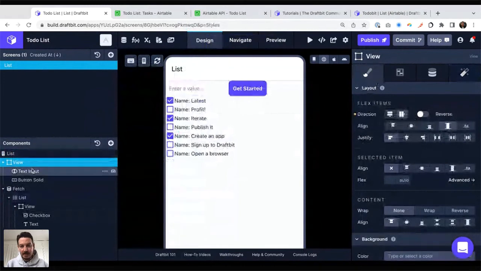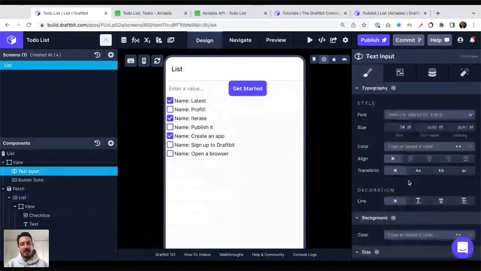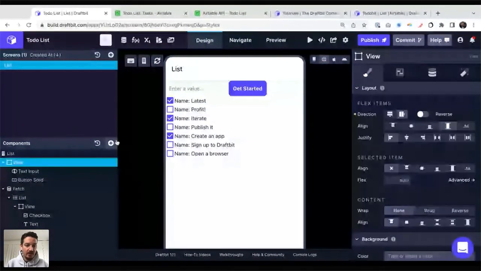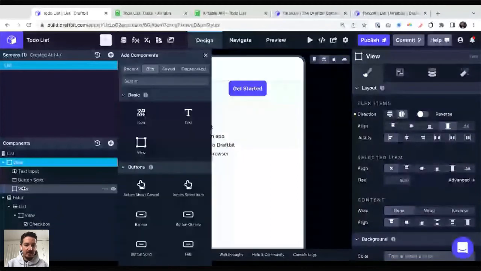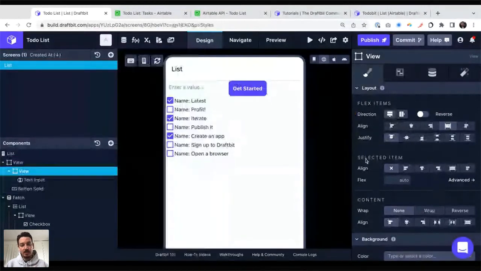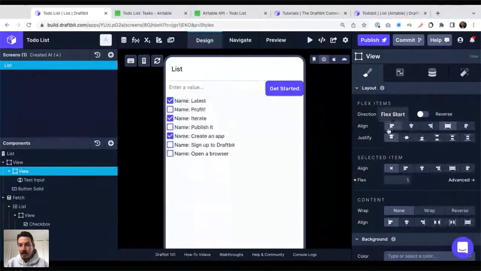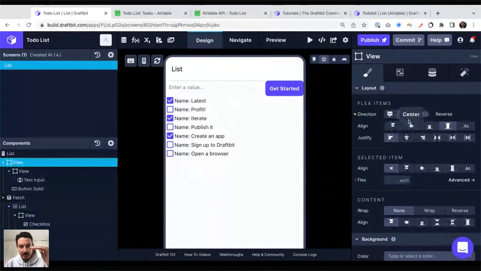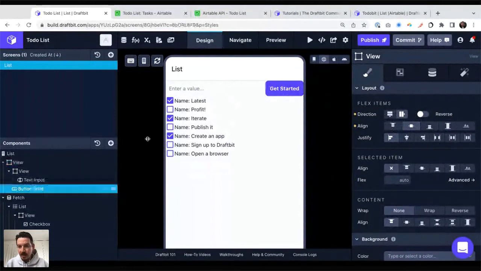I want that text input to take the maximum available space. So for that reason, I'm going to put it inside its own view. And I'm going to tell that view, again, for those who followed that Flexbox guide, you'll know that to make sure that view takes as much space as possible, I'm going to put a Flexbox 1, which is going to essentially extend things. I'm going to make sure everything is centered like this. It's a little annoying that my button is a little wider, so I can also tweak that a little bit.